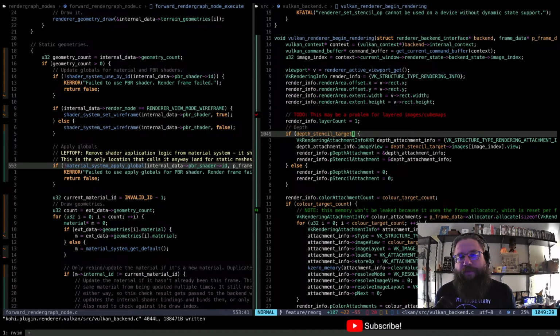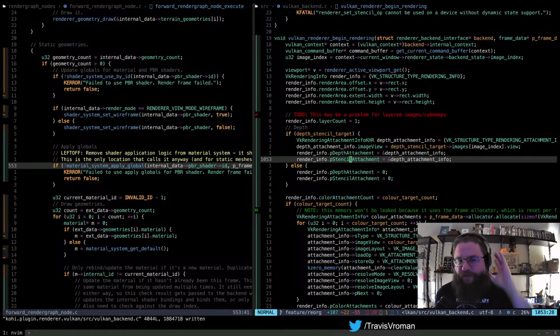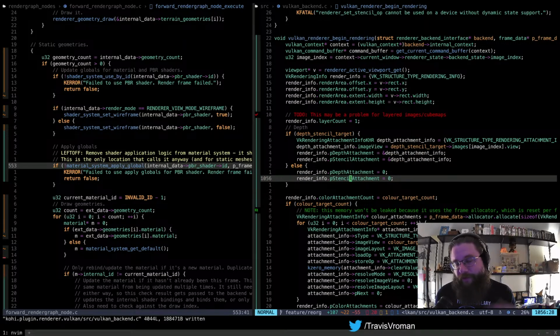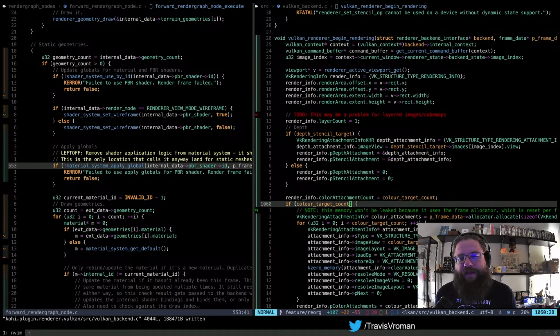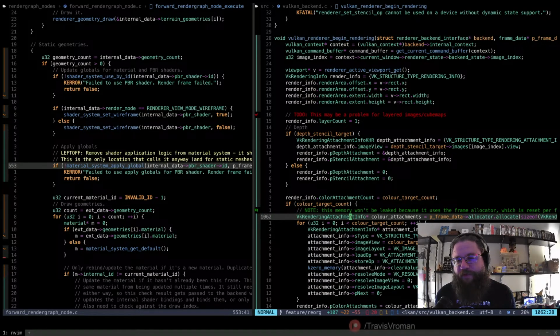So if we have a depth stencil target attached, we go ahead and fill out the view information for that and the depth and stencil attachment. Otherwise, those are zeroed. And then if we have a color target count, because it's possible that we only do depth or stencil, then we set up an array here of rendering attachment info for the color attachments, which again, we're using our frame allocator for.